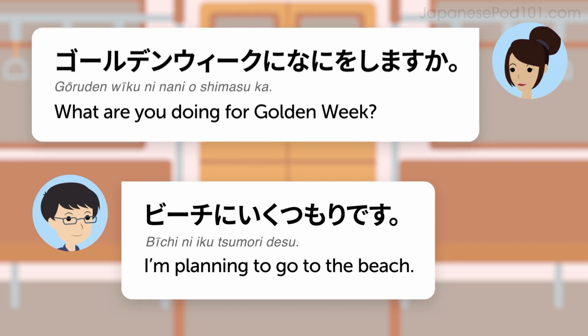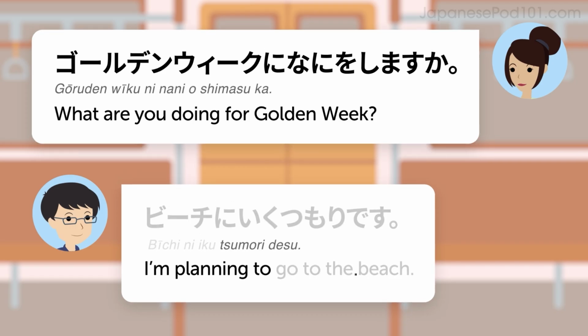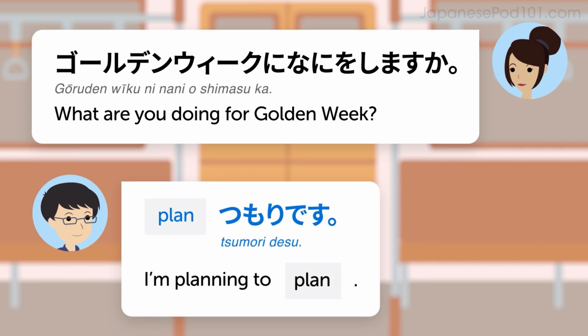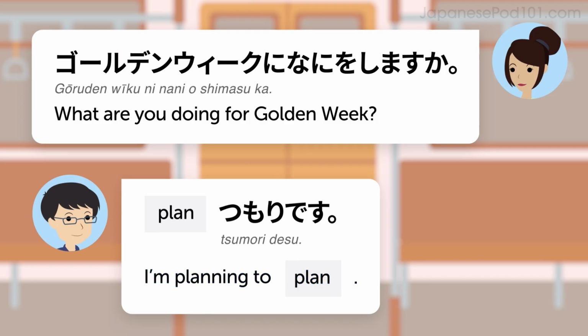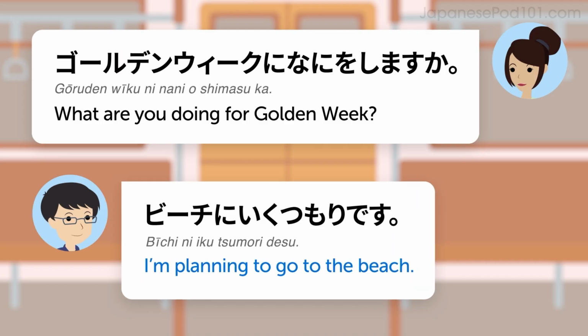Now, how do you answer this question? The pattern is plan. つもりです。 This Japanese sentence translates as plan, intention is. But it means, I'm planning to plan. For example, I'm planning to go to the beach. ビーチに行くつもりです。